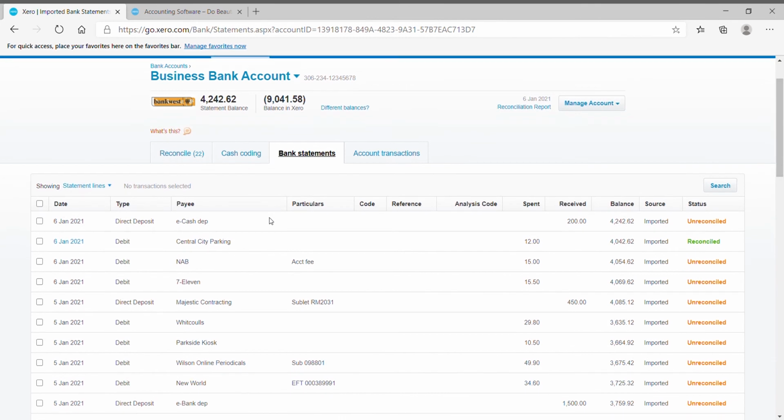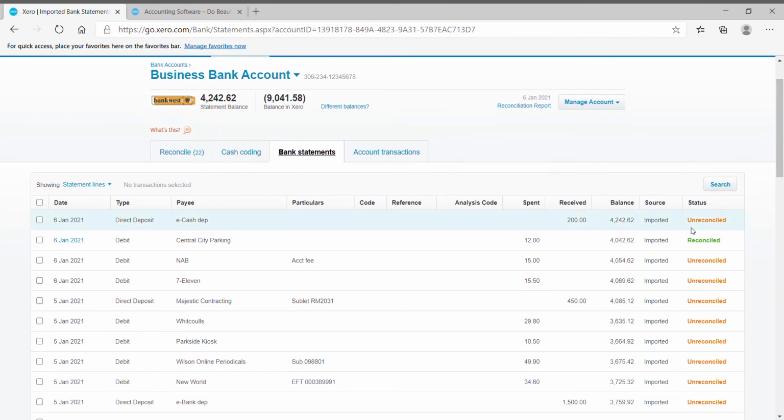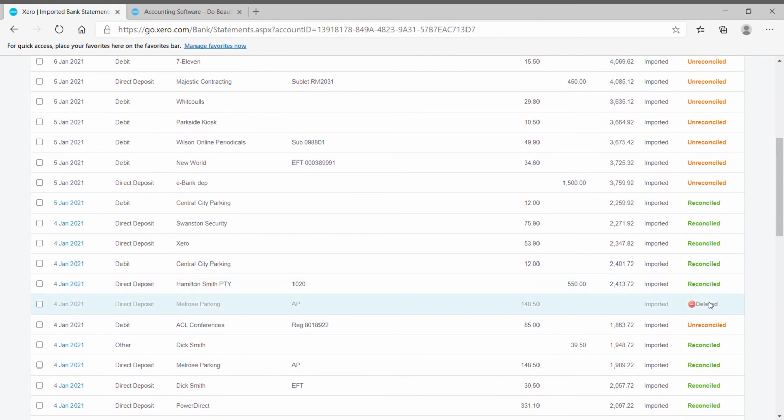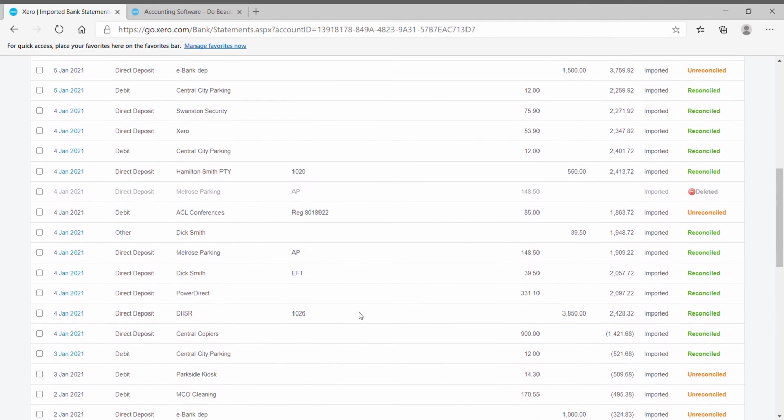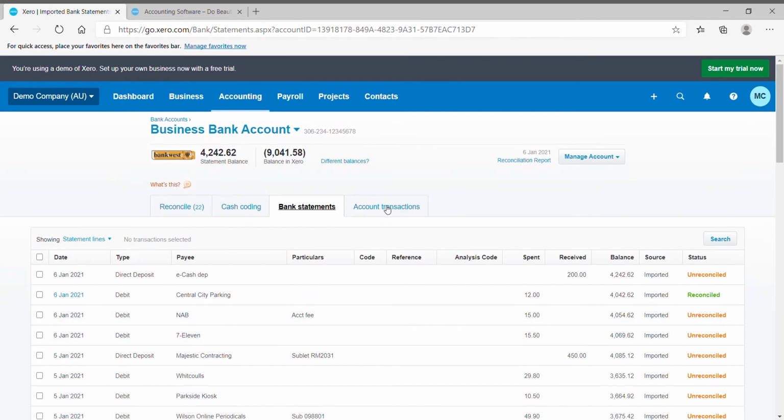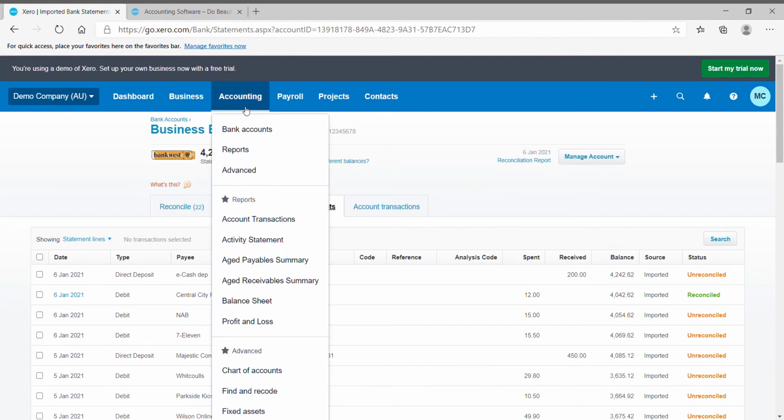Once it's all clean, then you come to the bank statements. It will show you what was just reconciled. You can just check it here as well. Cool. So once you complete this, you will need to know if you are earning money or not, right? So it's better to check your transactions every day. In order to do this, you will go to accounting,